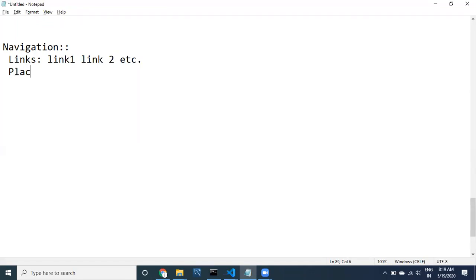The selected link's related component is displayed there. This is the place where the selected link component is displayed.